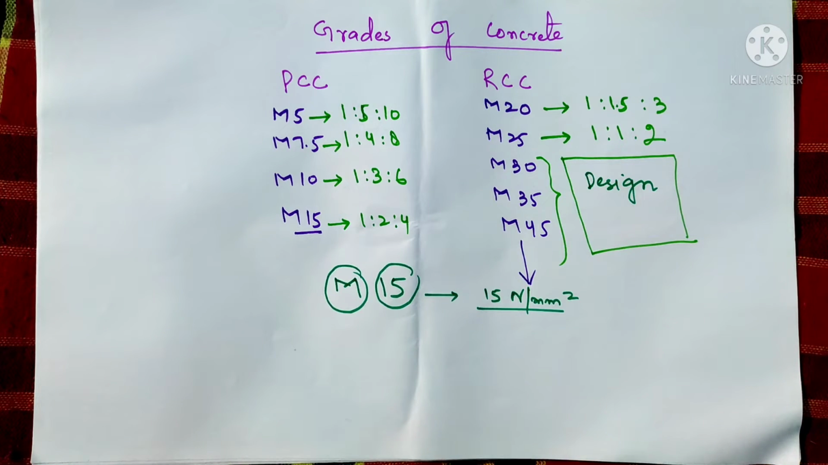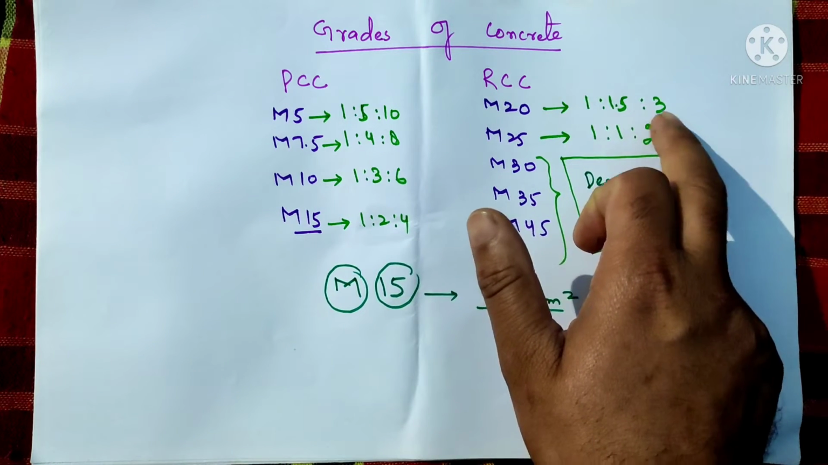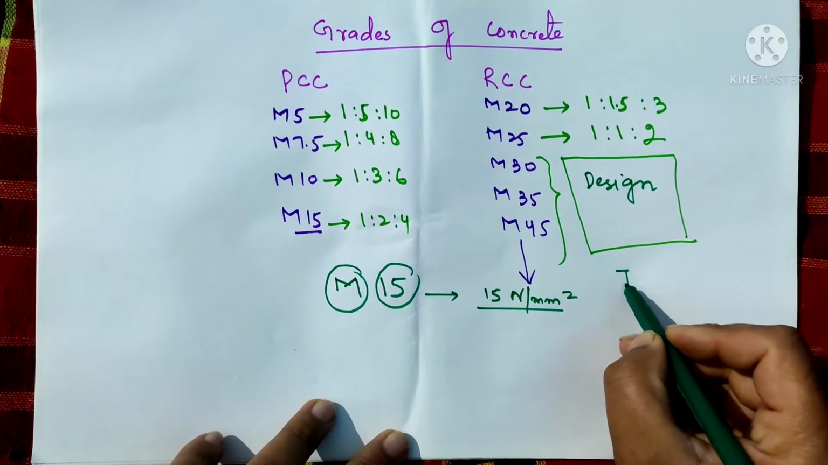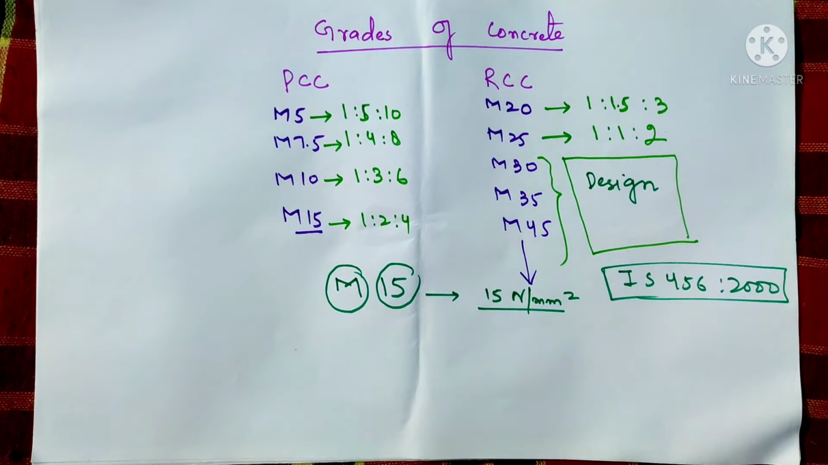So, how do we know that M15 has 1:2:4 ratio and M20 has 1:1.5:3 ratio? IS 456:2000 gives us some details in Table 9 under the heading of proportion for nominal mix concrete. I just want to share a screenshot with you, where you see that we have grade of concrete in the first column, total quantity of dry aggregate by mass per 50 kg of cement, the proportion of fine aggregate to coarse aggregate, and in the fourth column the quantity of water per 50